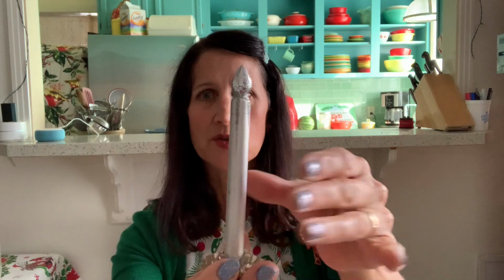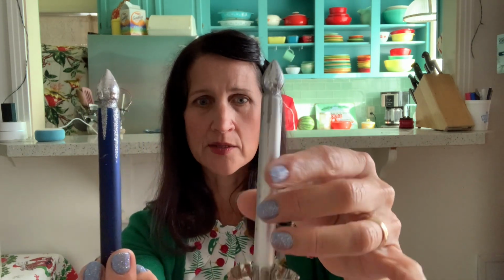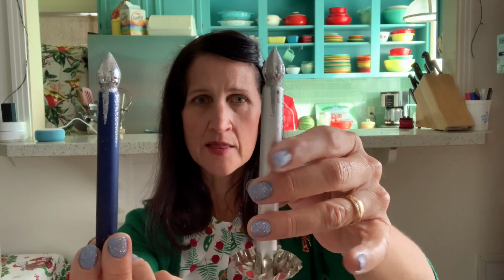So, lastly, I think this was my most incredible find. When I saw these, I knew they were special, but I didn't really know what they were. I think they charged me $1 for the whole bag. And in it were these. There were a bunch of these, and there were some that were dark blue. So there's these dark blue ones and the silver ones and the clips. And I got them home,